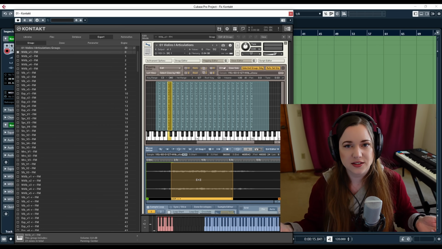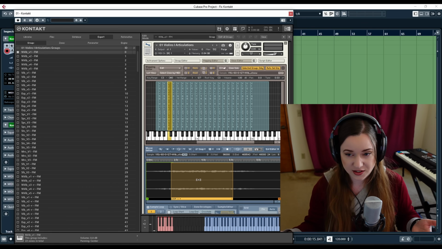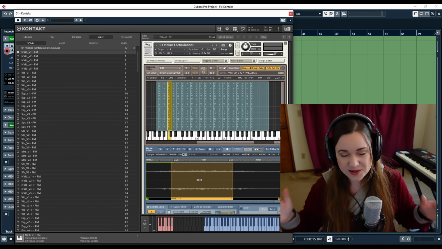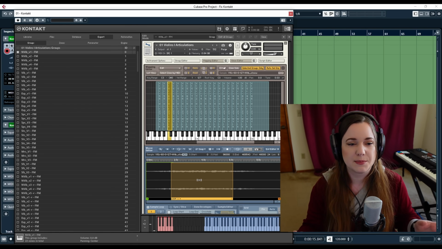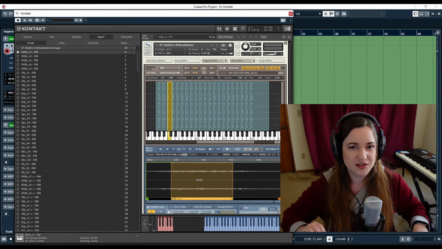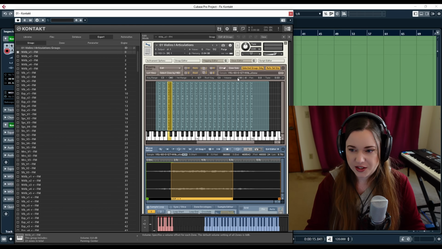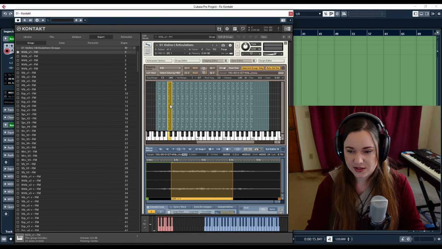That's a lot to handle for a computer and for Kontakt and for a script. So just be aware of what is actually happening here in the backend from just you playing a melody. But this is where you can fix the tuning, fix the volume if some samples are louder